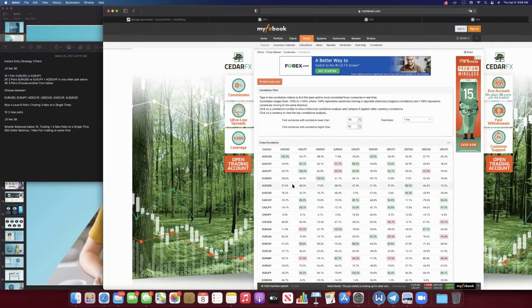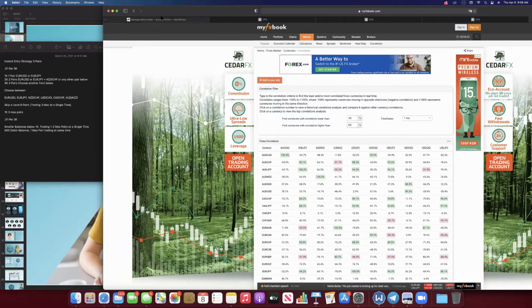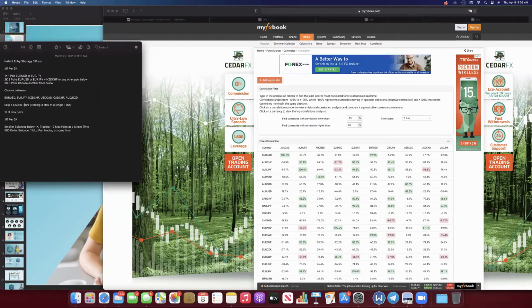So this is data for you to understand the more advanced strategy and kind of choosing, hey, what pairs should I trade of these? These are pairs that have performed well with this strategy individually. But remember, the more pairs you mix together, trading at the same time, and the higher risk and lot size, obviously all takes you to the edge of getting into riskier waters. So you want to be pretty smart with it. If you set up instant entry, you're going to choose your 3. If you set up skip a level, you're going to set up your 6.